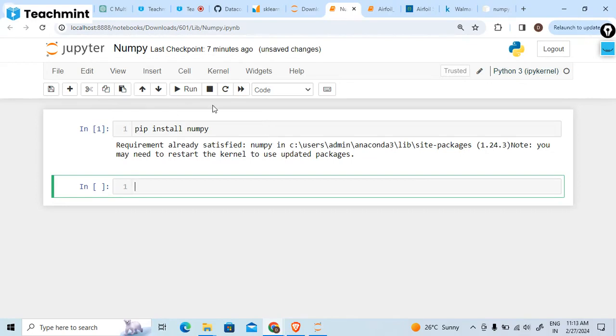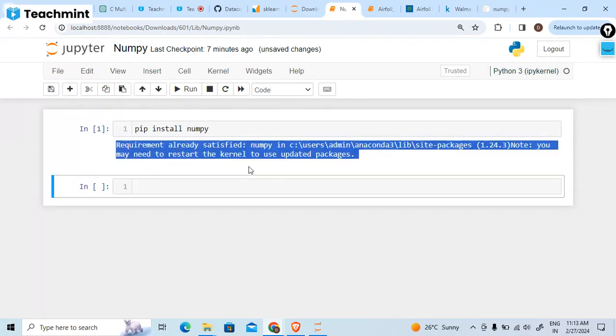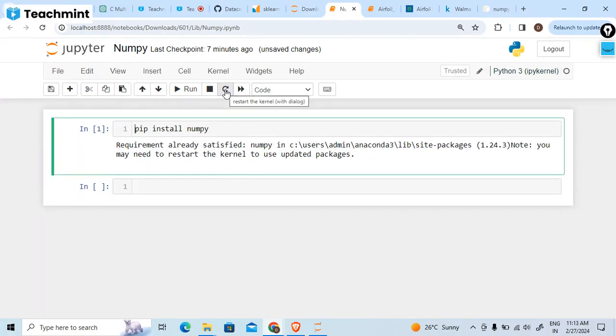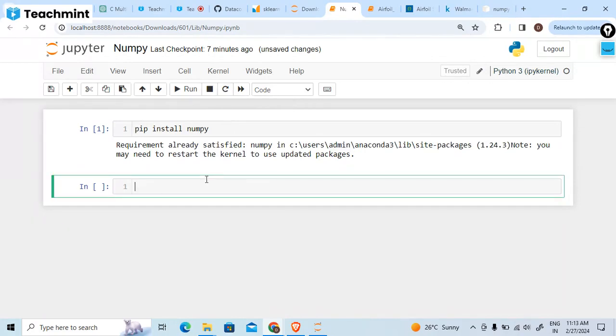Let it complete that installation, and after that, restart your kernel. Completed. Okay, then restart the kernel and simply